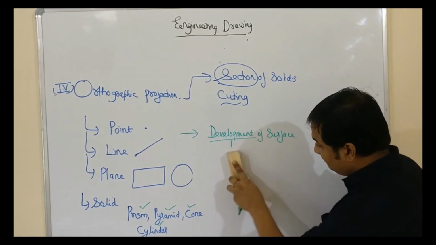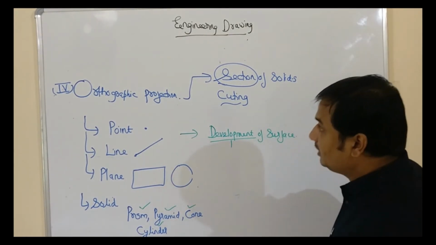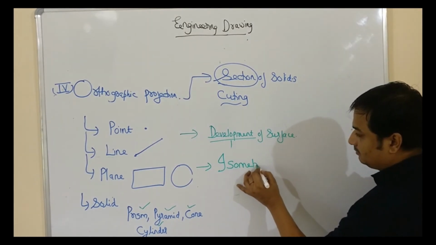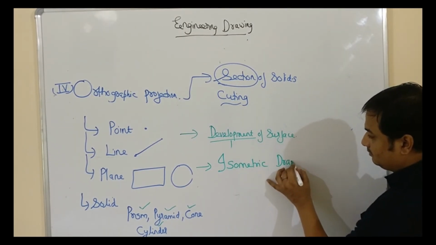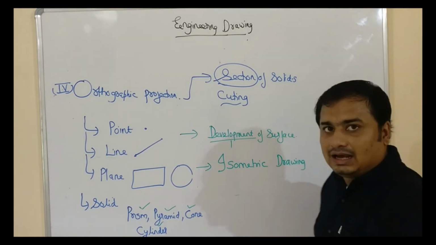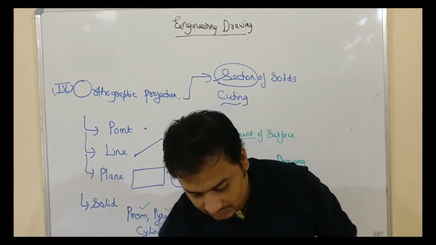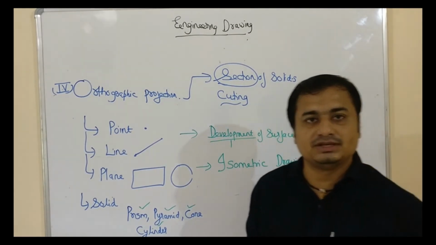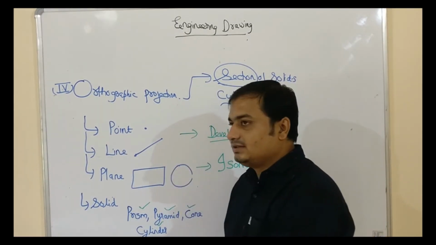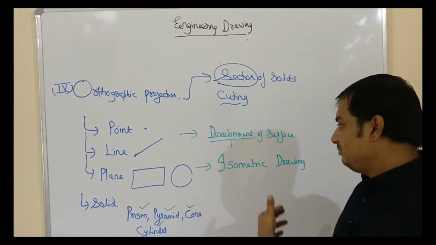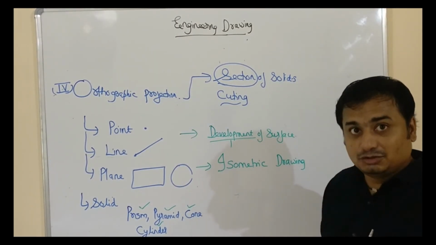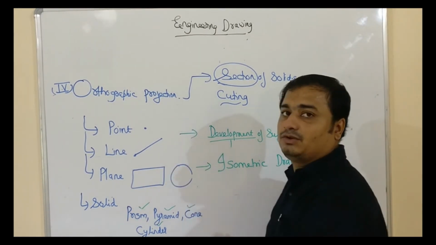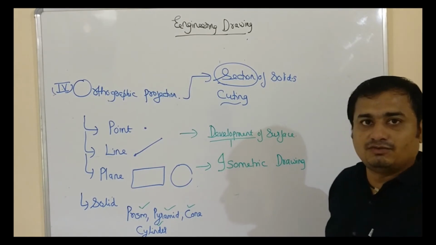So the last, if we talk about the last sub-component of orthographic, that is isometric. This is also a type of projection. Like orthographic, this is also some other type of projection that is named as isometric, but it has to be learned, it has to be plotted after orthographic only, because again we are going to use some concept of orthographic.